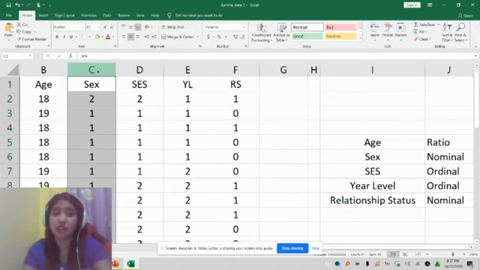While for year level, this is ordinal, so it's appropriate for us to give a lower value for year level 1, first year, and higher codes for higher levels, up to fourth year. Okay, now,